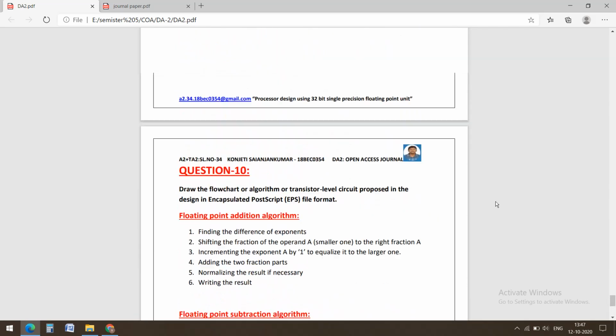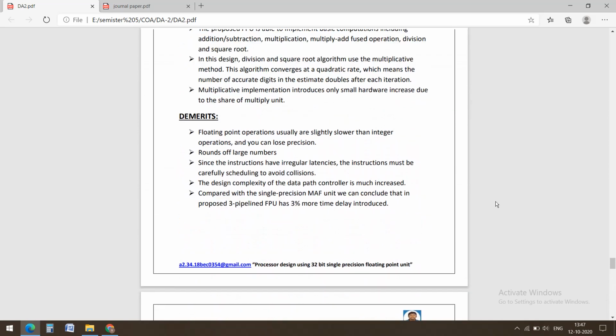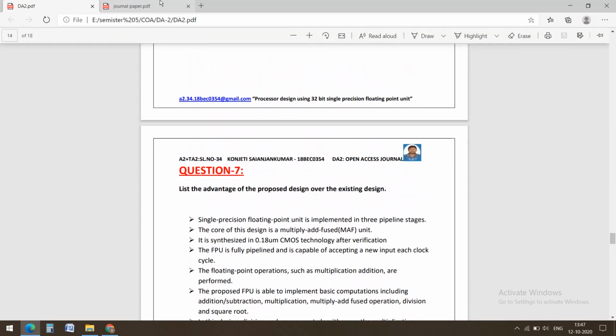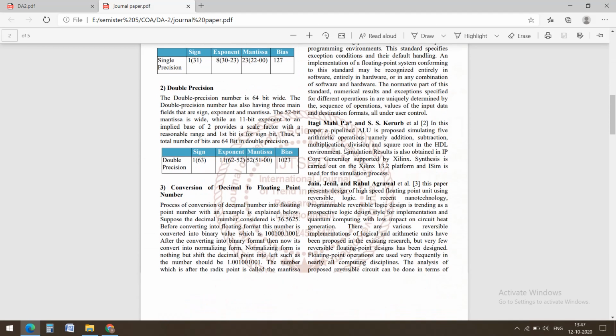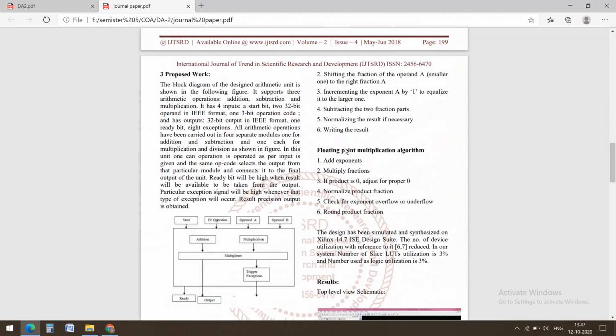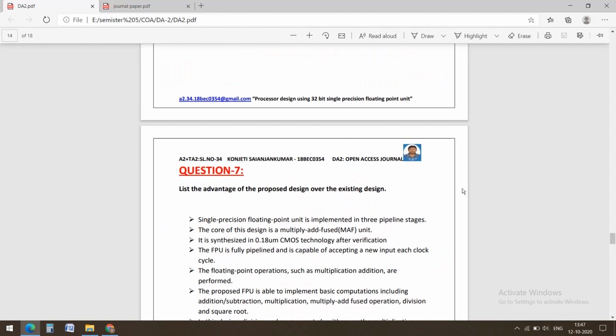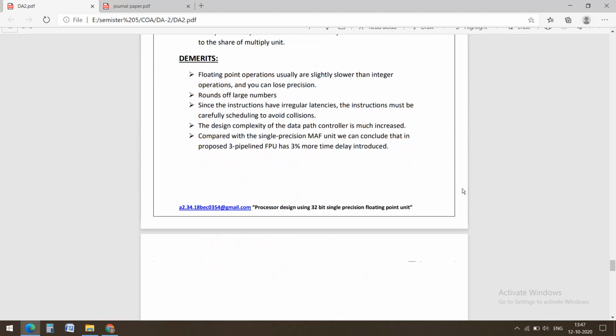Then I selected one, but I struggled to get information regarding the proposed and existing architectures, because there is not much mentioned in the journal paper. It gave me only a basic idea. I collected everything from the online resources, which made it difficult to complete the assignment.